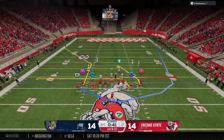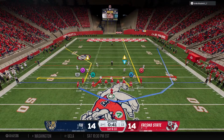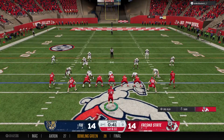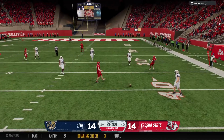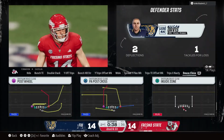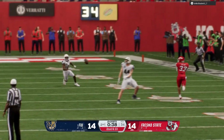Fresno State back to work with a fresh set of downs. Quarterback may change this route. Looking to throw, it's Webster. Got rid of it in a hurry, but he couldn't find his man. It's incomplete. I know that one falls incomplete, but I love the idea of finding ways to get this running